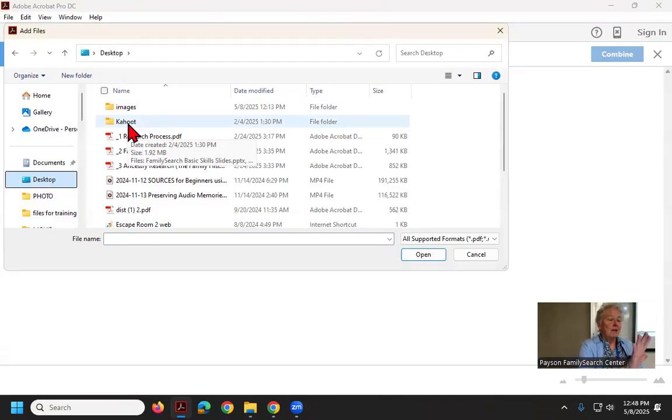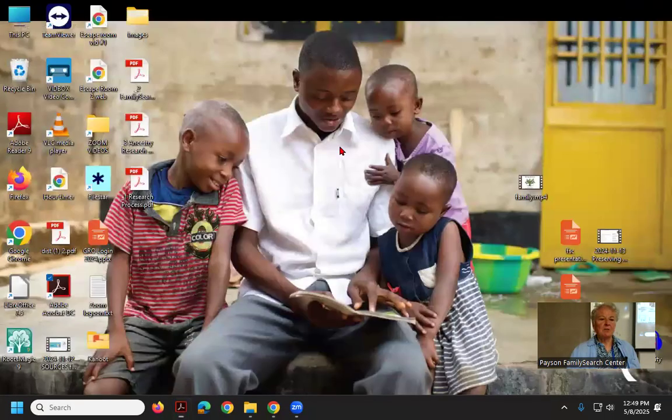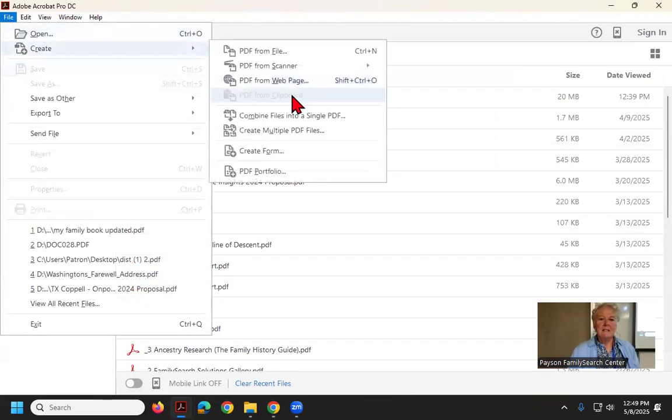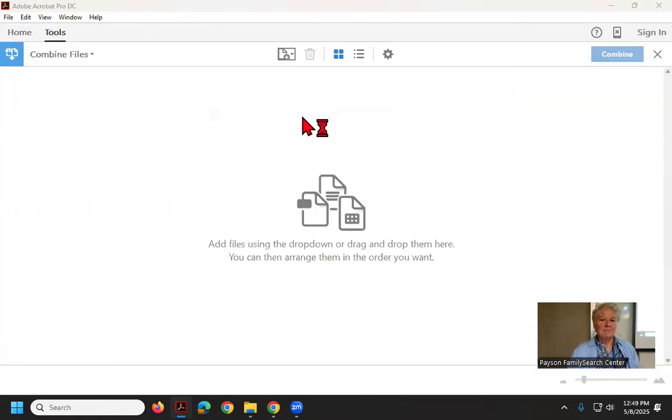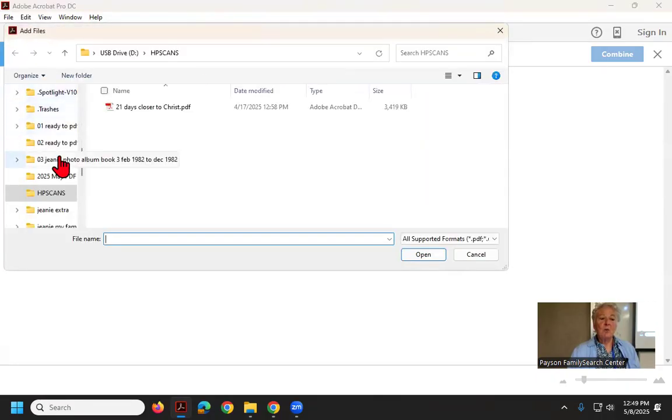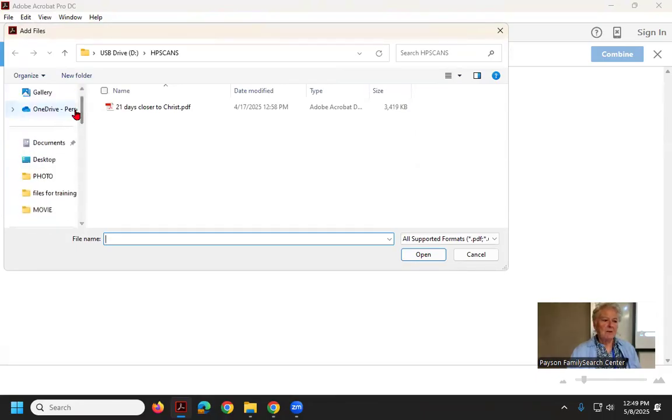Okay, so this is what you're going to do. Let me just start this again. So let's pretend like we're starting all over again, because you're going to do this in 10 minutes. I'm going to send you to a computer. Okay. So you go to Adobe Acrobat DC, and the instructions are so good on here if you follow along. Then you go to the File menu, Create, Combine Files into a single PDF. Find the tiny Add Files, then navigate to where yours are. So mine are on the desktop